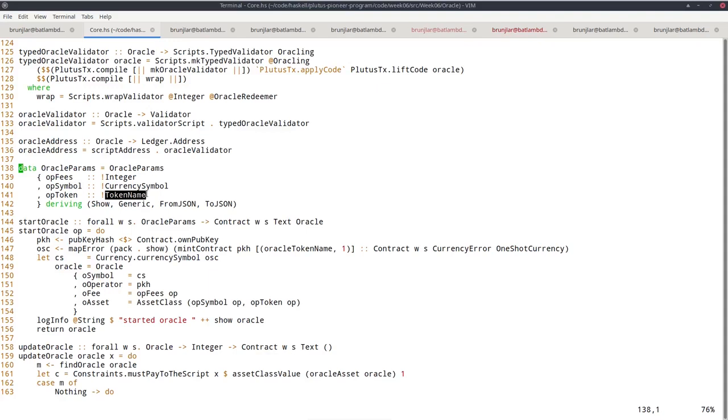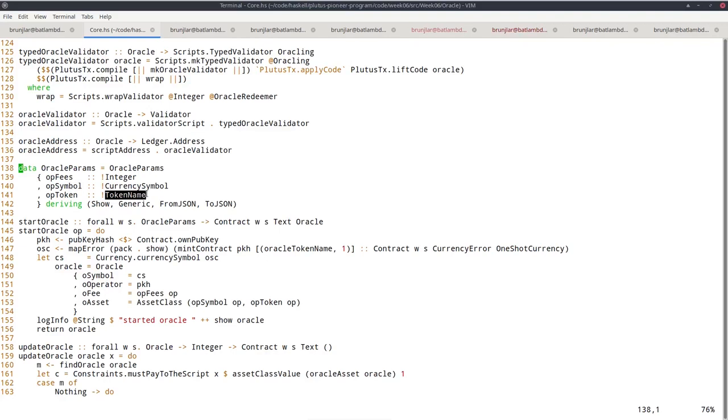We will actually mint the NFT in this start Oracle contract function. And that's actually all we will do. So we won't provide an initial value for the Oracle yet. All we want to do in the start Oracle function is mint the NFT. The reason for that is that this minting of the NFT can take a couple of slots. So if we already provided the initial data for the exchange rate, that might be outdated by the time we are ready. So therefore I decided to not do that here. That will be handled in the update Oracle function. So all this does is mint an NFT.